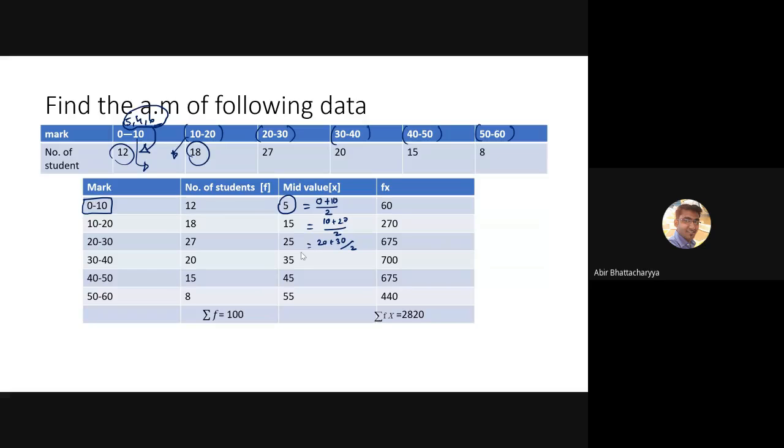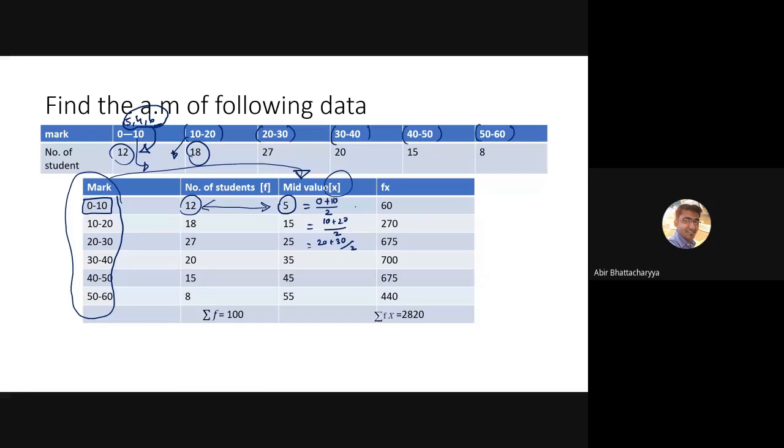All right. So once I get it, this is your f, which means the frequency. We got the midpoints, and the frequency is already given to us. Now we will calculate fx, so 5 times 12, multiplying by f. Now the work of the interval values is over, because we cannot calculate the answer using the interval. That's why we have to convert it into the midpoints, the xi.